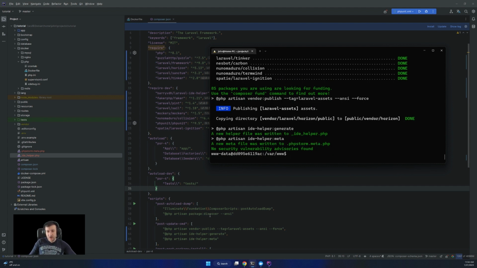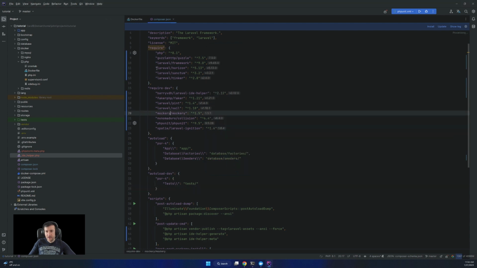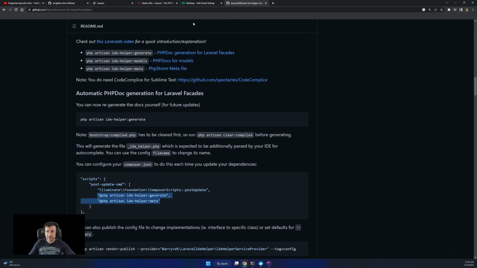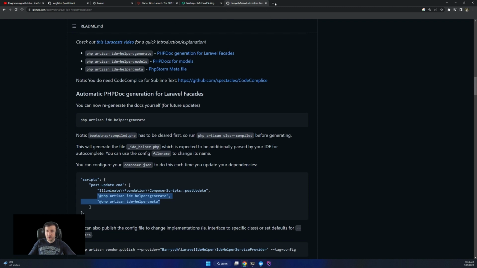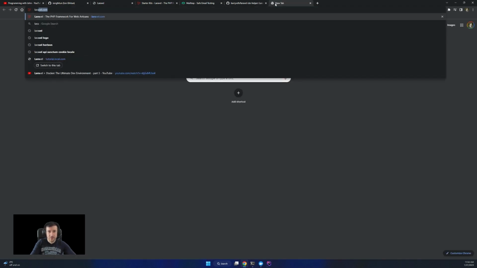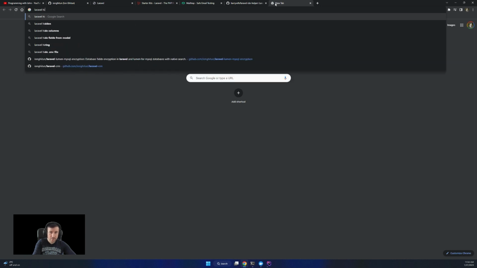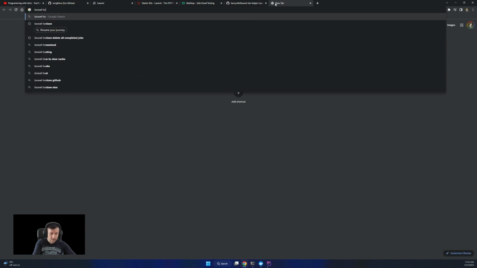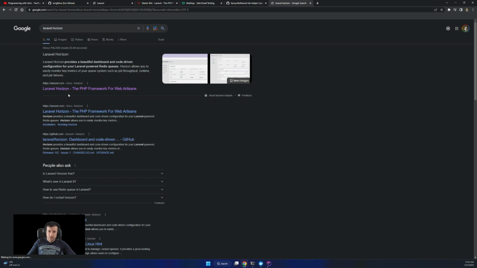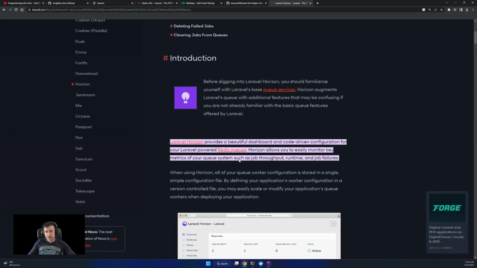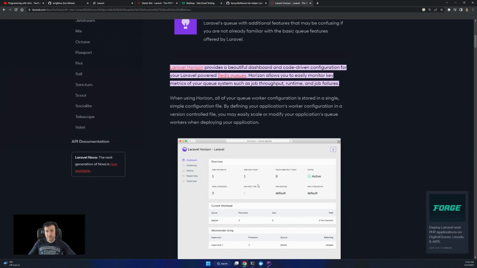And if I go to the Laravel Horizon installation, let me go to the Laravel Horizon documentation. This is a queue management tool that has a dashboard.